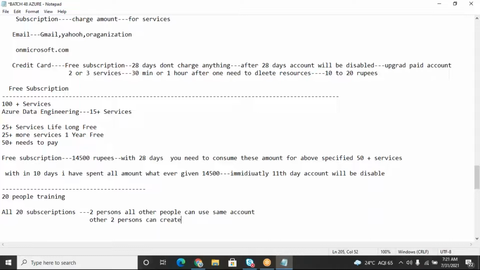Other two persons can create this account over here. So this is how you can practice without using paid accounts, because if all of you are creating 20 subscriptions, then within the first 28 days everything will be collapsed, disabled. So that is the reason I am requesting, whoever wants to create your account, first 28 days,